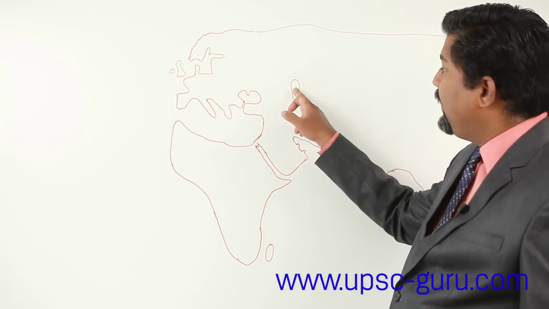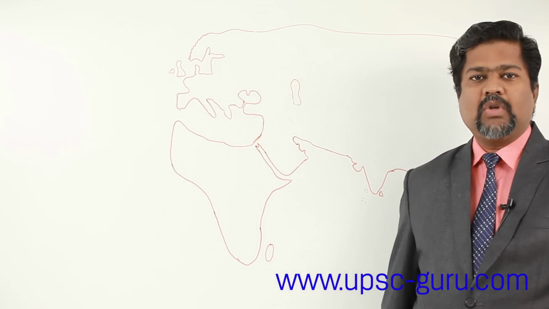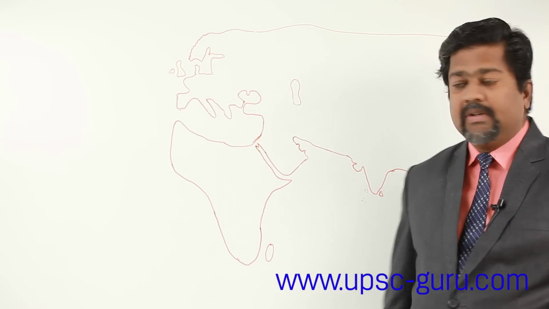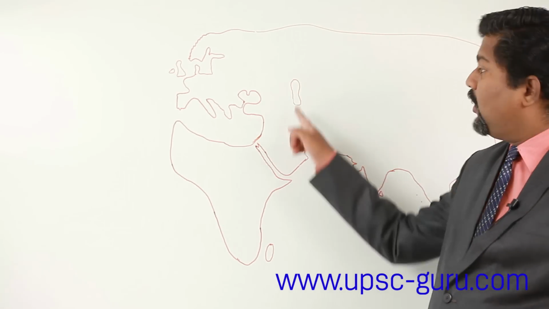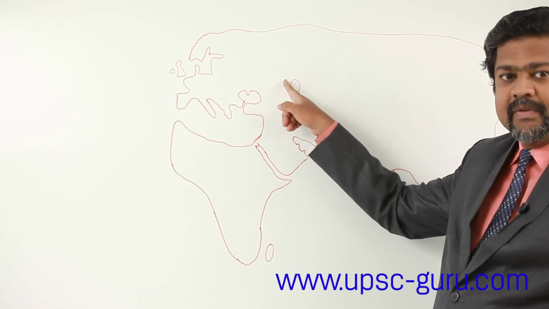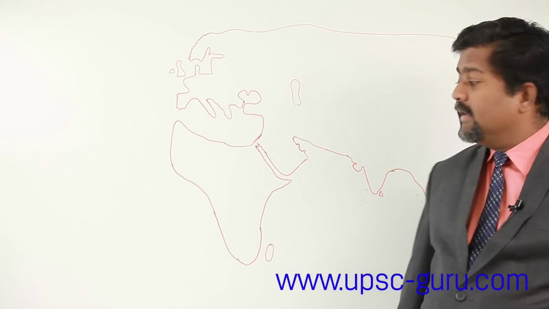After Black Sea we are having here another sea. This is called Caspian Sea. This is actually supposed to be a big lake. It is all surrounded by land. So this is called Caspian Sea. Now here